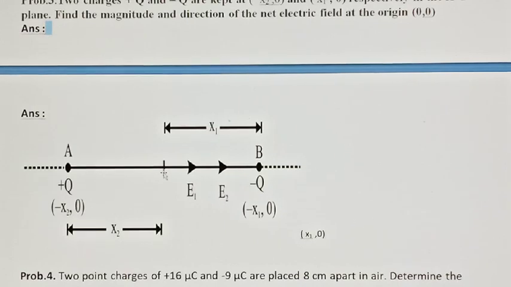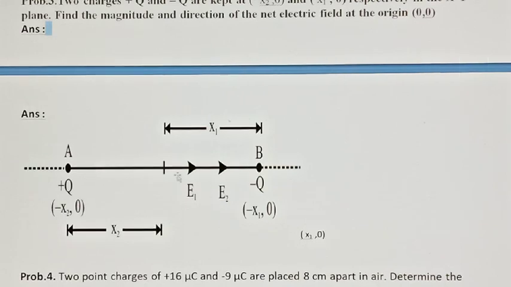Now at this point, if you want to draw electric field vectors due to both the charges, this is E1. You can see the direction of E1, and E1 is the electric field vector at this point due to this positive charge, because from the positive charge the field line has to come out like this. Similarly, at this point the electric field vector due to this negative charge is E2, so the direction of E2 is similar to the direction of E1.